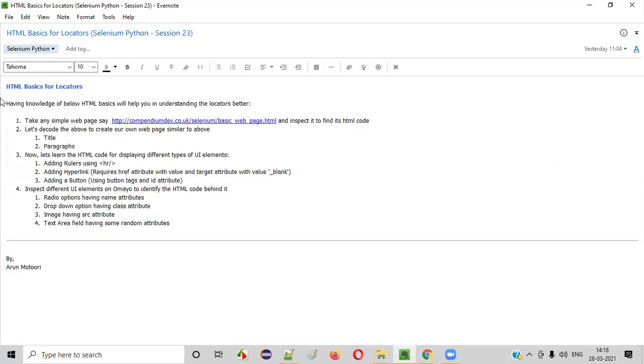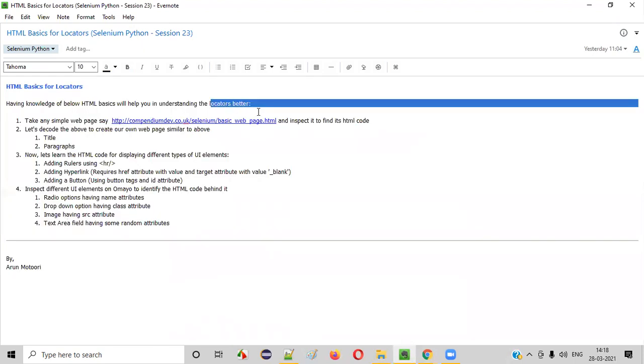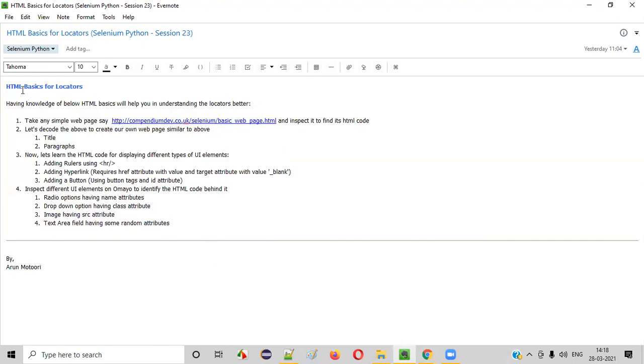This basic knowledge, whatever was explained as part of this session, will be enough for you to understand the locators in detail, guys. Okay, don't go beyond that. This basic knowledge will be enough. You will now understand the locators in a better way in the coming sessions. So hope, guys, you understood all the HTML basics that I explained as part of understanding the locators that I will teach in the upcoming sessions.